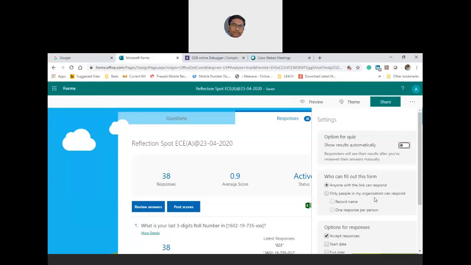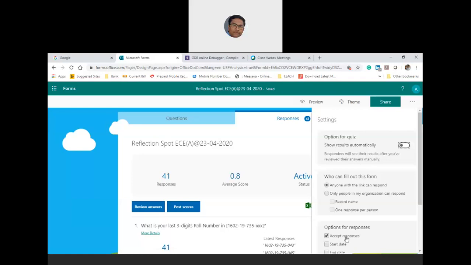The count is also visible to you. Is it visible? Yes, sir. Okay, I'll stop here, not the class. I'll stop accepting the responses. That means there are 20 students who are absent. If I don't stop, there is a probability that you can forward that link and ask your friend to join.